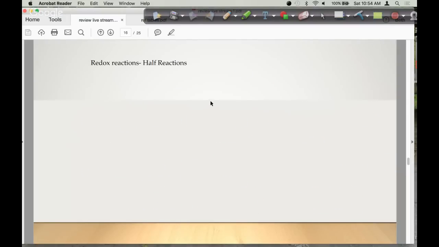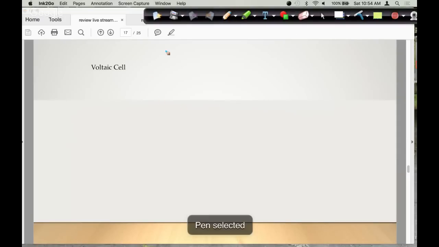I just did redox reactions and half reactions. I guess I didn't realize I put this in here twice. So let's go to the voltaic cell. When we talk about the voltaic cell, it is spontaneous. It converts chemical energy to electrical,